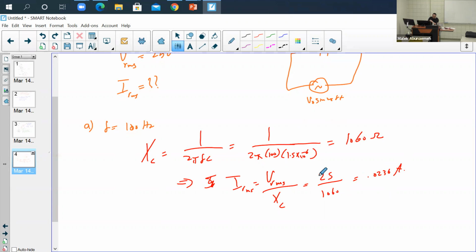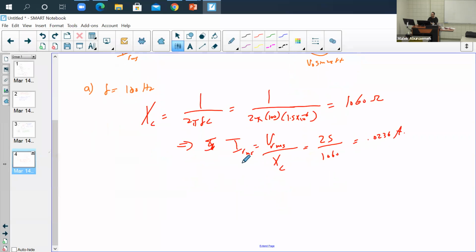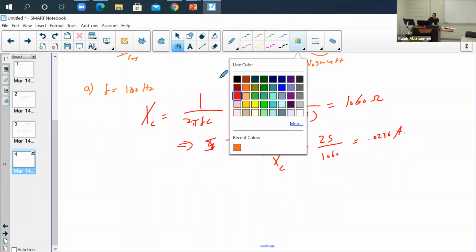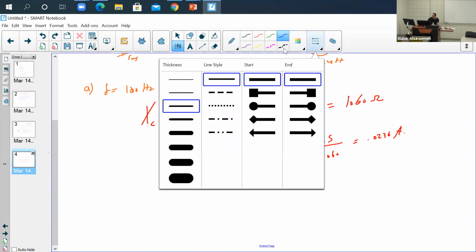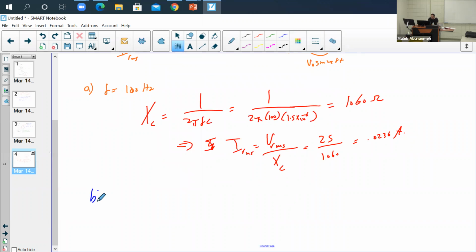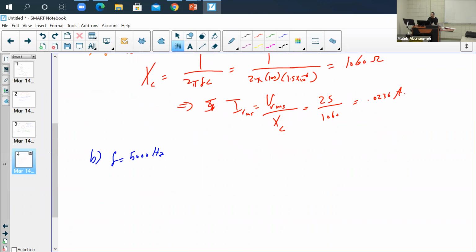Now let's say we increase the frequency to 5,000 hertz. I know there's a good part B. Let's say we turn that to 5,000 hertz. So we increase the frequency a lot. So how much is our current right now in this situation, the root mean square current? So from this one, what we got, that means your capacitive